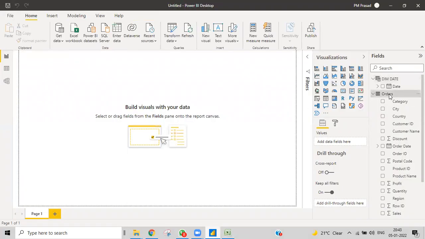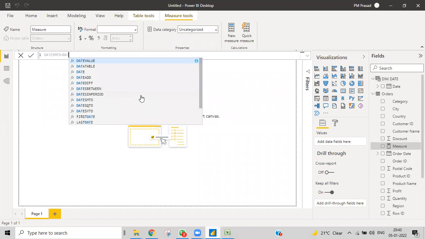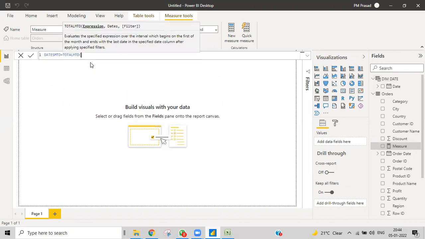So I'll create a measure, MTD. Yesterday we used TOTALMTD, where you write the expression and give the dim date.